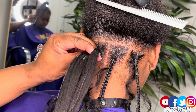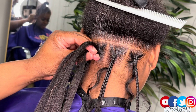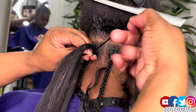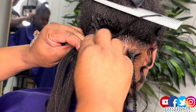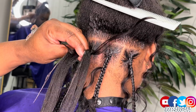Now we're going to add the boho pieces in 2 different ways. When you're at the root, before you have switched your hand position, you're going to take the boho piece and put it in between your pointer finger and your thumb, and then you're going to use the comb to kind of anchor that human hair piece. So I'm going to stick it in the comb, and I'm braiding in the tail end of the human hair into the braid. So I'm just going to continue braiding,